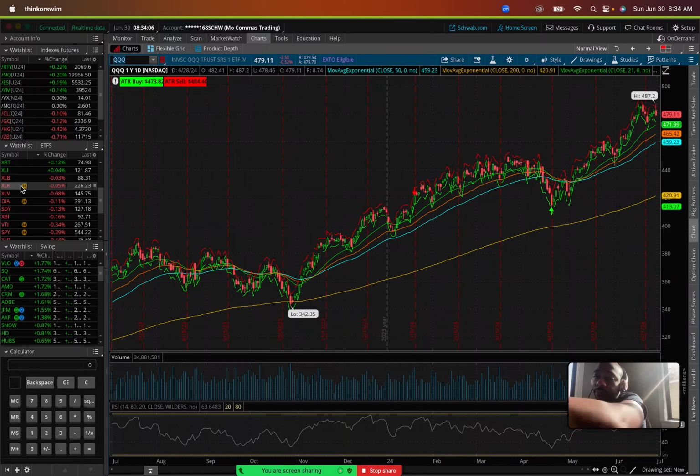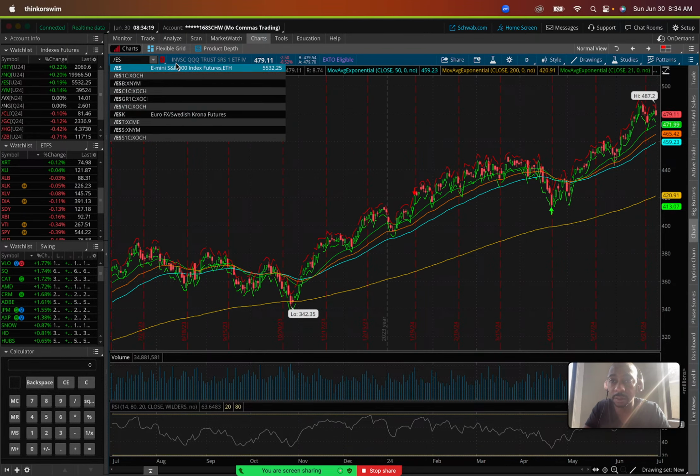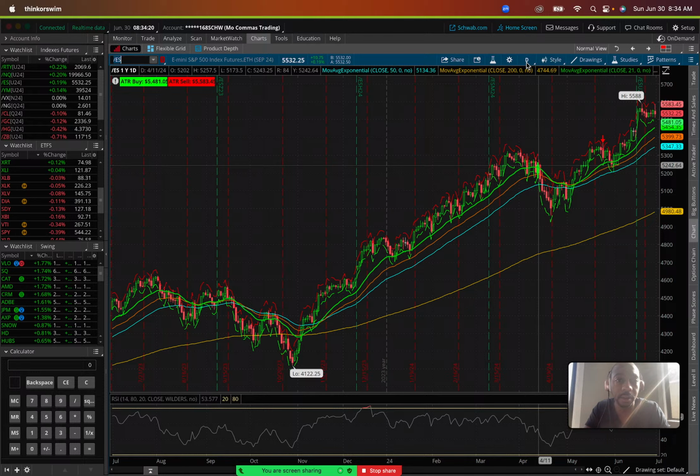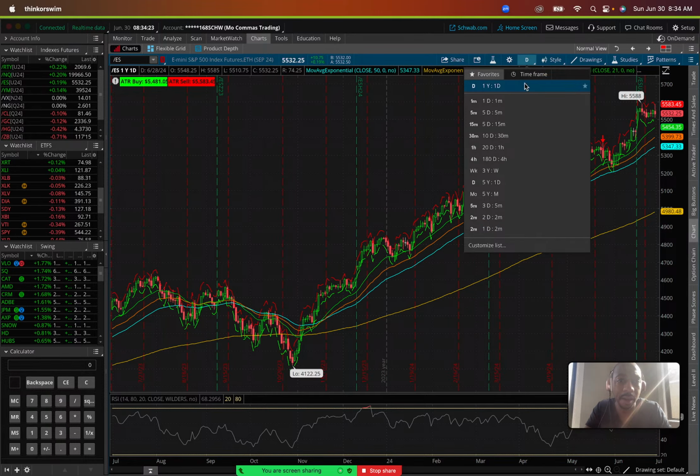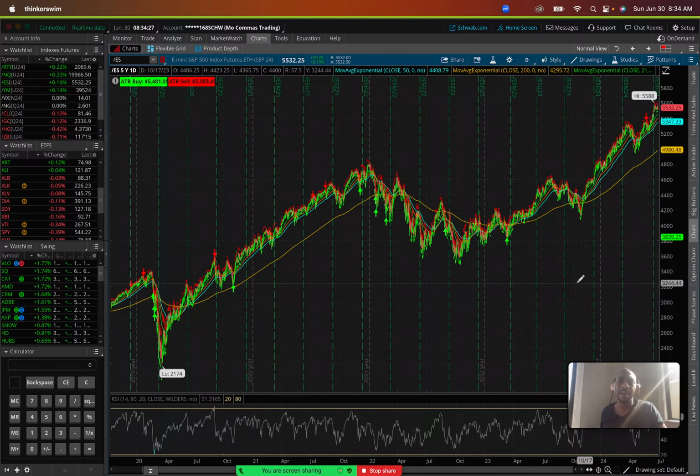All right. Number three, in terms of market sentiment gauges: are we in a bull market or a bear market? Just zoom out a little bit, right? If you go to the S&P 500, the futures, you could even do a year time frame or whatever. Are we in a